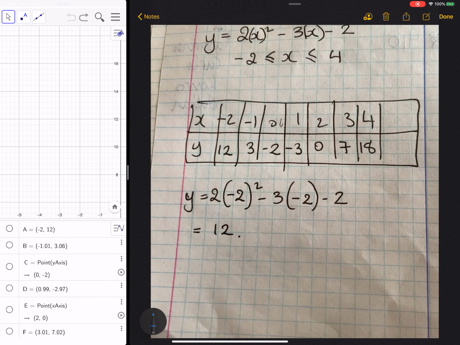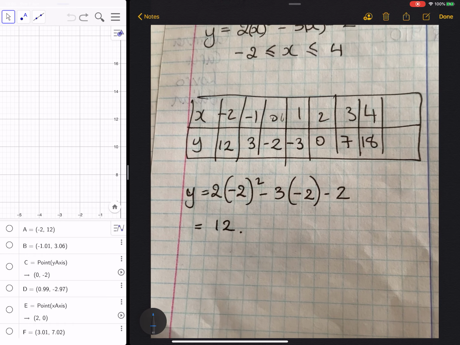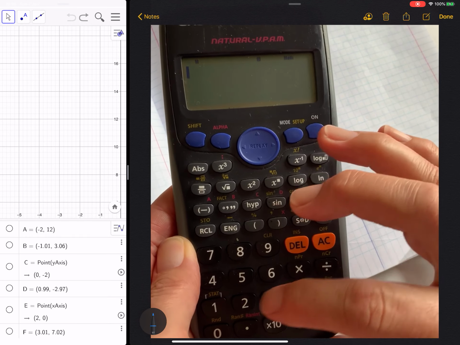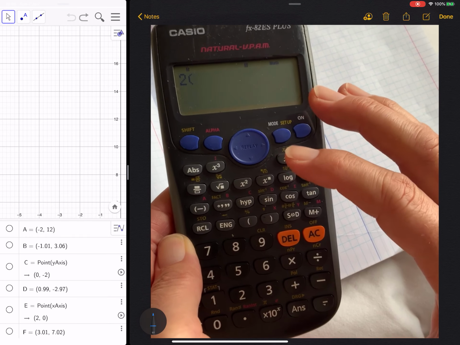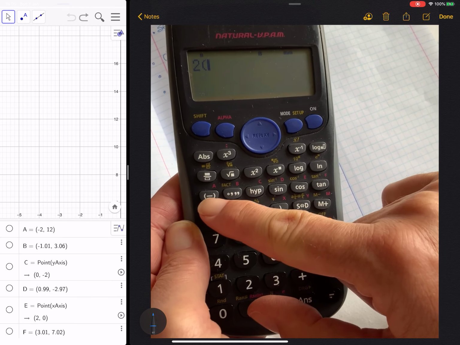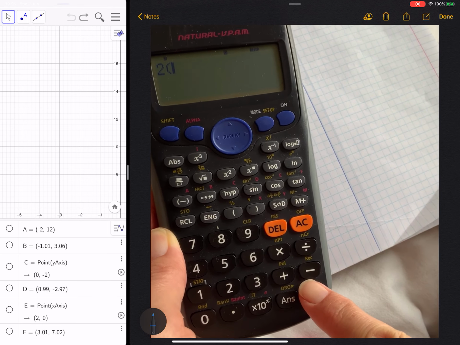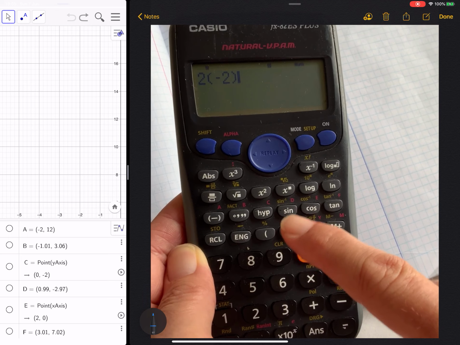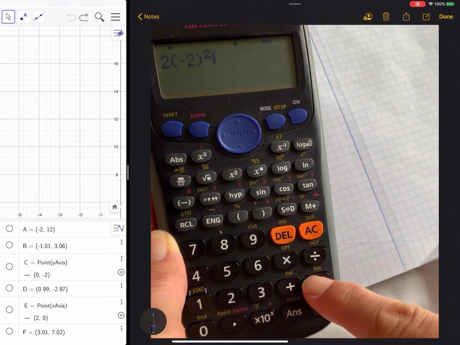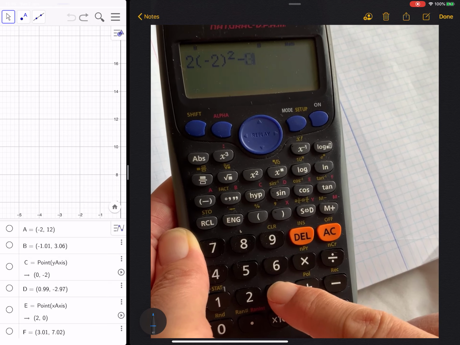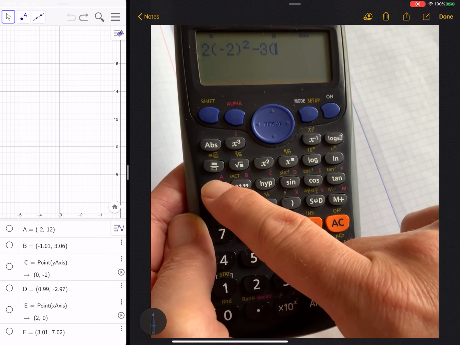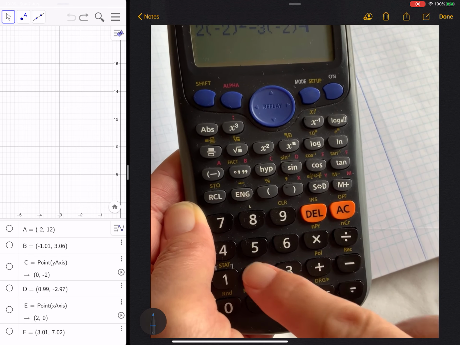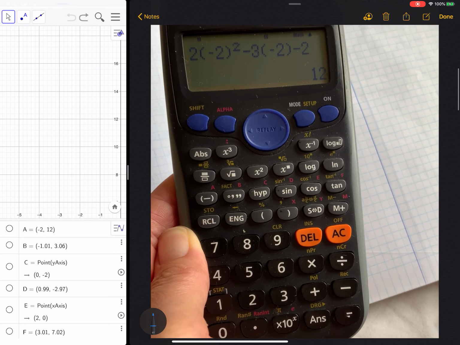Lovely, so I'm going to show you how you can do this table of values on your calculator. Okay, so here we go. So we have 2 brackets and our first value was minus 2, so we need to use the negative button, not the subtraction button. So negative 2, close your brackets, then we need to square that, then take away 3 brackets and our minus 2, close your brackets, and then take away 2, and there we get our value of